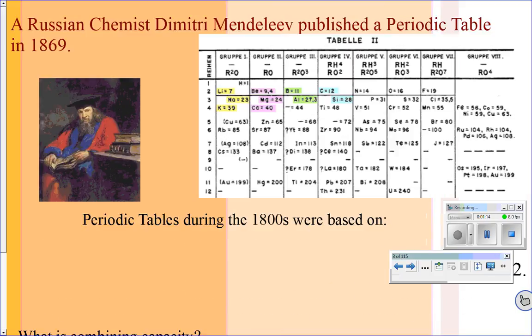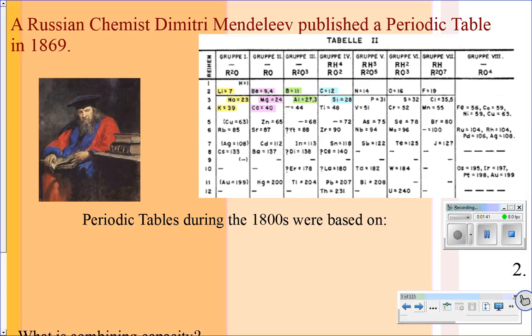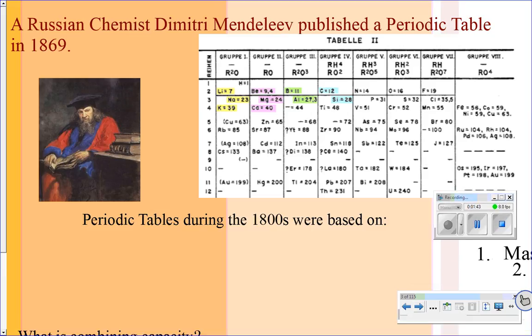There were a lot of chemists, a lot of scientists in general, who looked at this. The one who's most famous for actually creating the precursor to our modern periodic table is the Russian chemist Dmitry Mendeleev. He published a periodic table in 1869. It is argued that some other scientists produced something pretty similar around the same time, but he does actually get the credit for this. His periodic table and many of the other early periodic tables were based on two things: